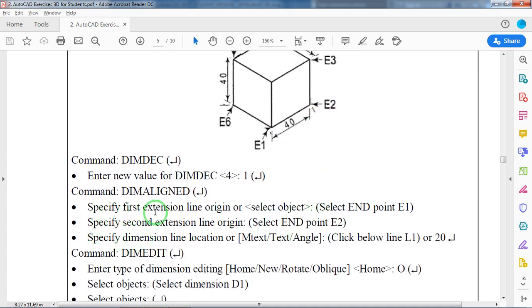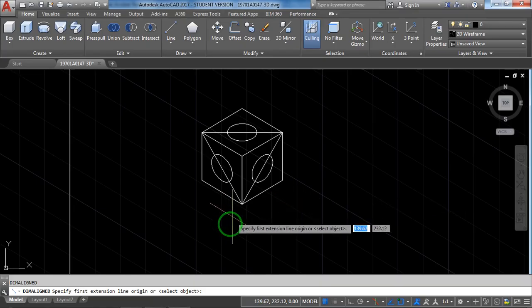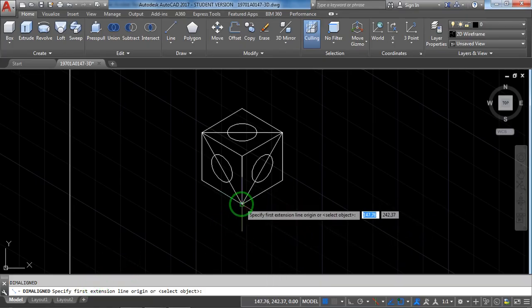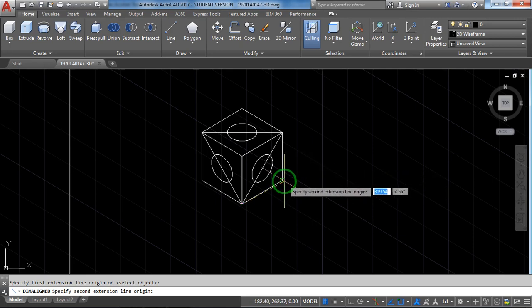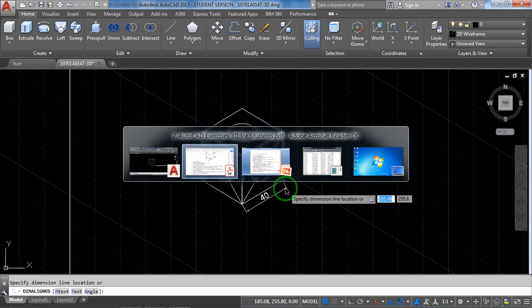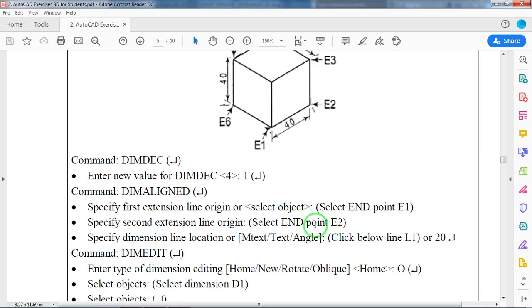Now what it is asking: specify first extension line origin. Specify endpoint here, the first endpoint. Next it is asking for the second extension line origin, E2.